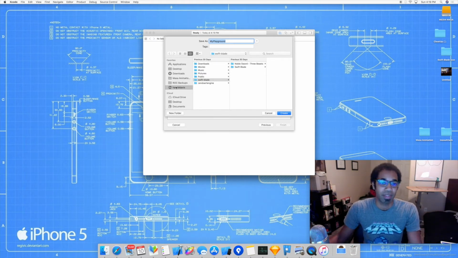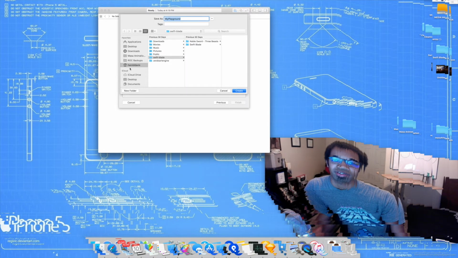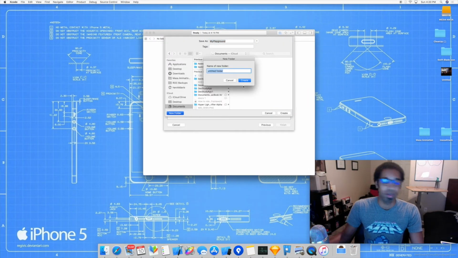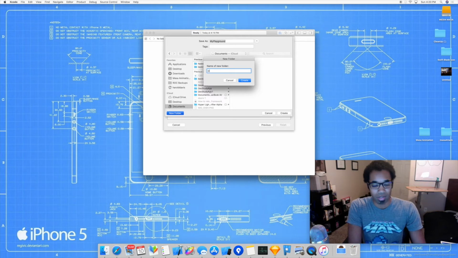be saved. So if you go to your home folder, if that's displaying there, you can go to desktop, or you can go to documents. I would probably recommend documents, and I'll do this with you. You can actually create a new folder in the lower left hand corner. When you hit new folder, you can say development,